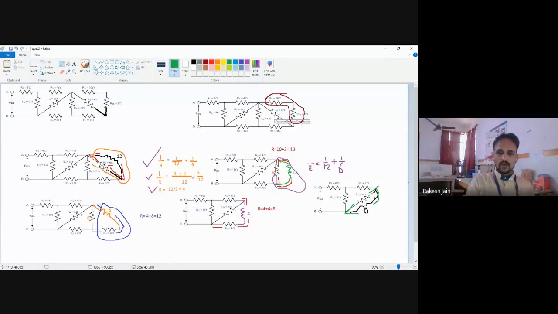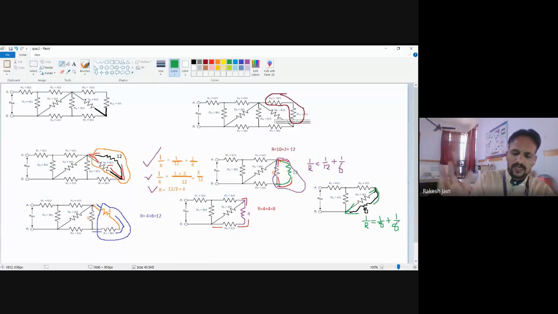And definitely we know how to find the answer for a parallel combination of resistances, that is 1 divided by R. We have to find the value of R, but here the formula comes with 1 upon R, so at last we will take the reciprocal of the answer. So 1 upon R is equal to 1 divided by 8 plus 1 divided by 8, because both resistance values are 8.